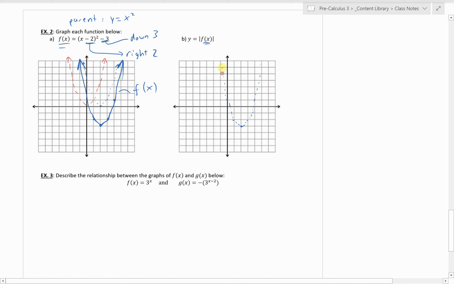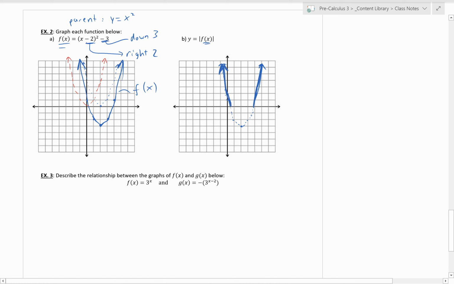But what happens when I take the absolute value of it? Well, we know that if I take an absolute value of a positive number, it stays positive. So when I plug in the y-coordinate from this blue curve, positive y-coordinates will stay put. So if I have a point where y equals 2, that point is going to stay at y equals 2. And that's true for all of these values here. They're actually just going to stay where they are. Let me try to draw this carefully here. Good enough, right? Positive values are just going to stay where they are. That's true of these positive values as well,